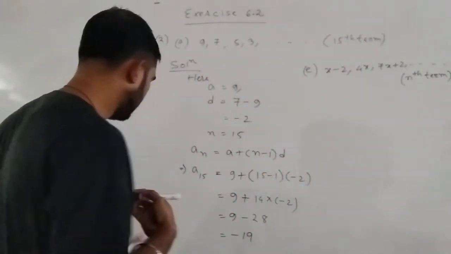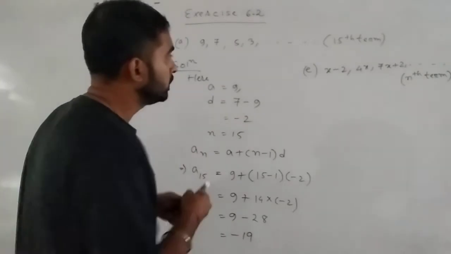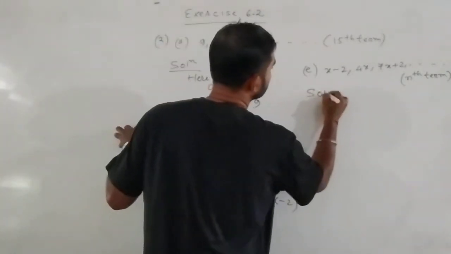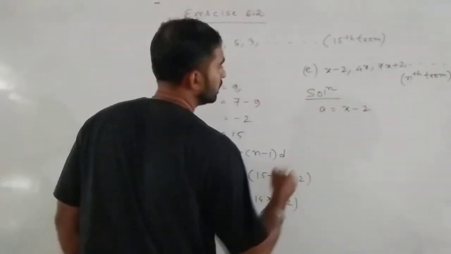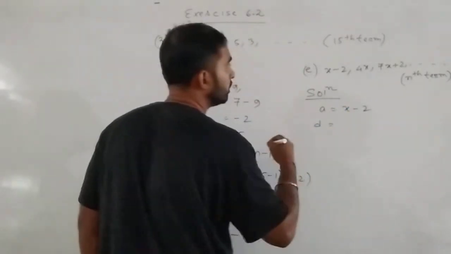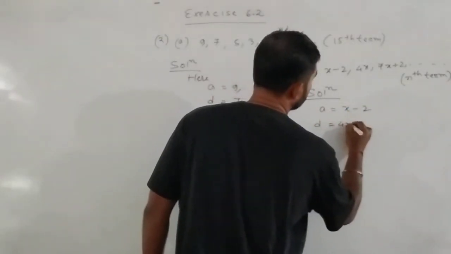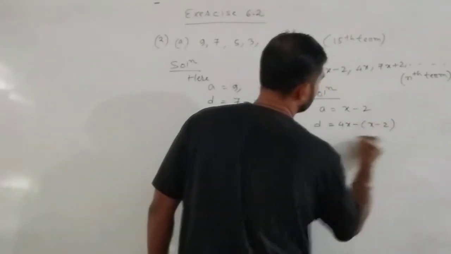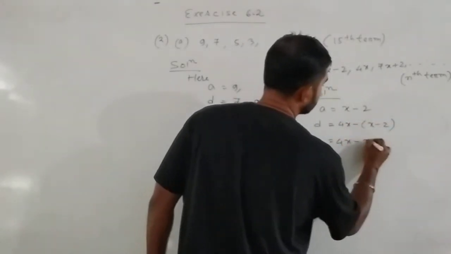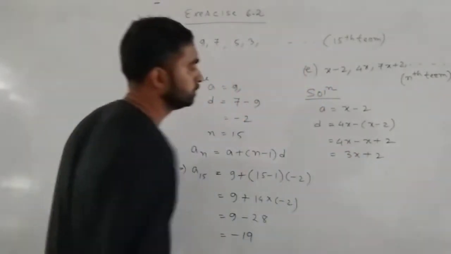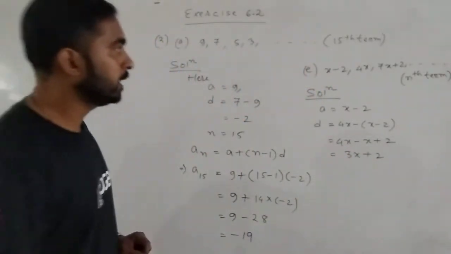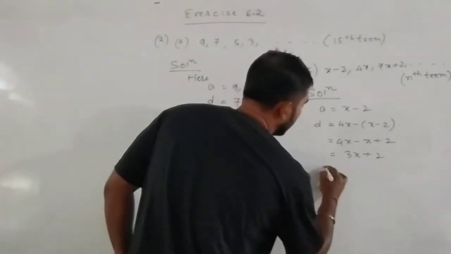Find the nth term. So here a equals x minus 2, d equals second term minus first term, 4x minus x minus 2, 4x minus x plus 2, so thrice x plus 2. So d equals thrice x plus 2. So nth term,